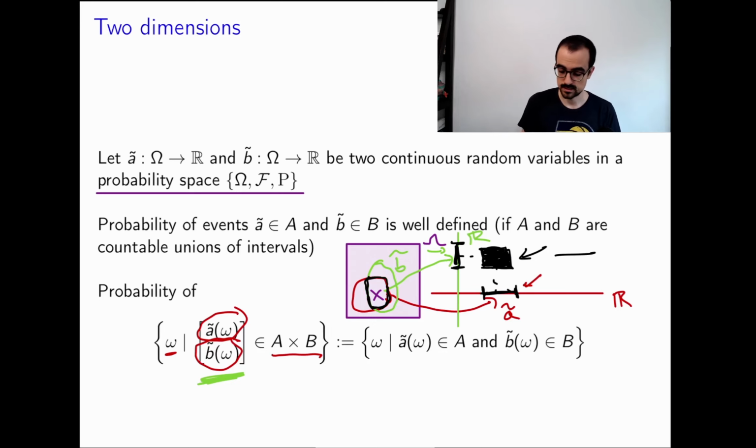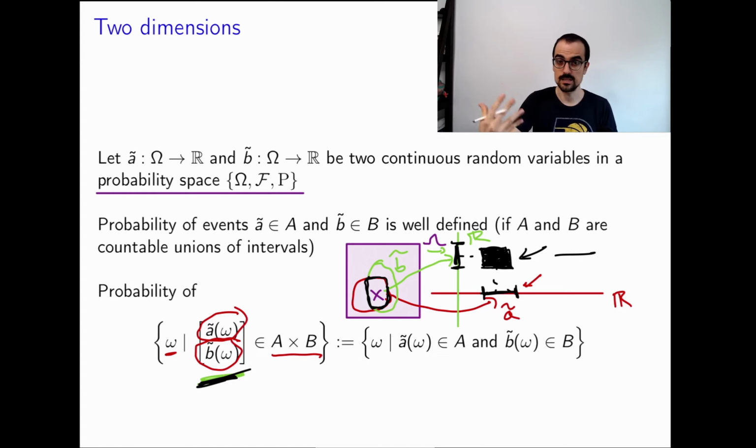Now, the red event in the sample space is well defined because it's the points that get mapped to an interval by A, and A is a valid random variable. The green event is well defined because B is a valid random variable, and those are all the points that are mapped to an interval by B. So their intersection has to be well defined by the properties of the collections in probability spaces, which is awesome because now this 2D vector has a well-defined probability of being within a rectangle,